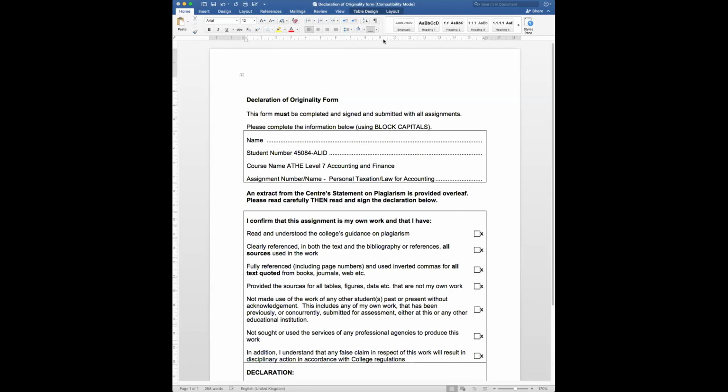That's it. And you just go ahead and save this file. As you can see, it has saved the file with the unit name and your name, so that we know which learner it's coming from. Whenever you're submitting your assignment in a Word file, you will just attach this declaration of originality along with that, and then submit it across.